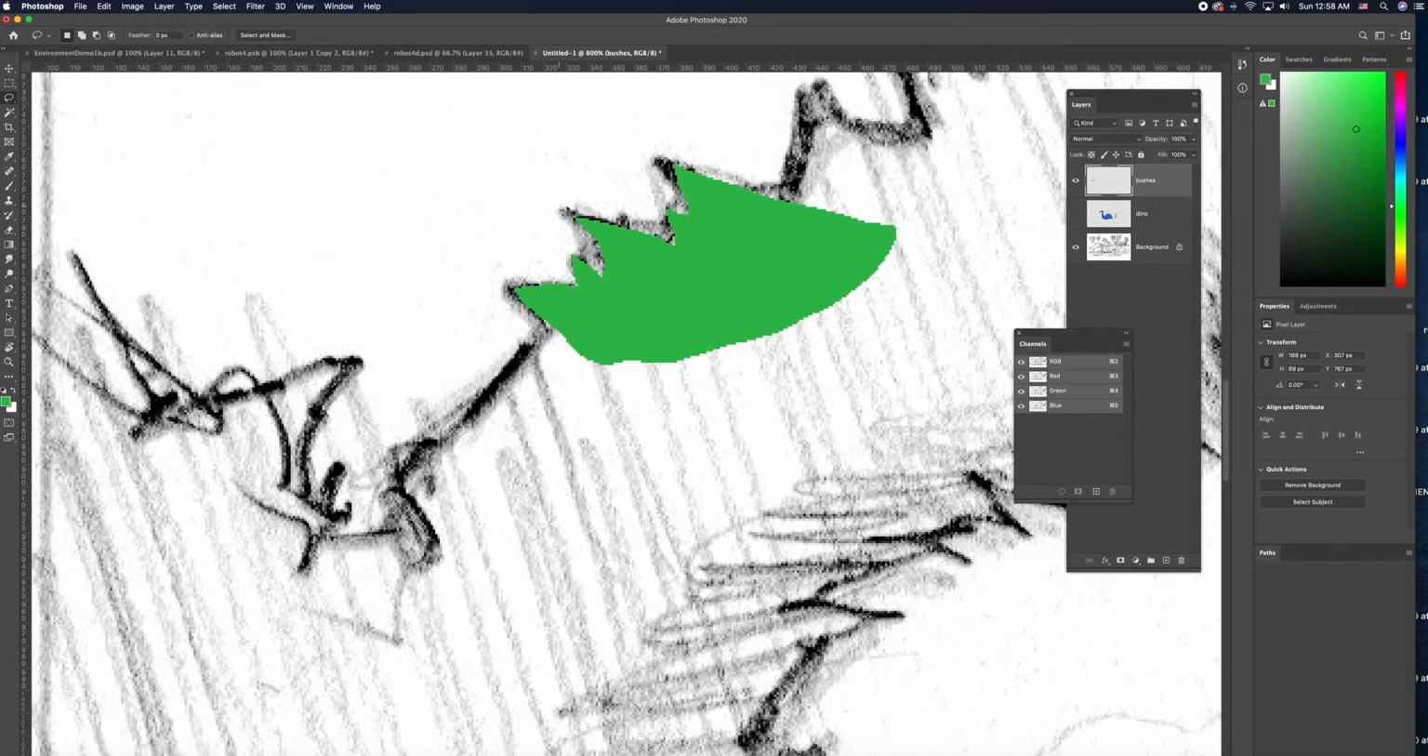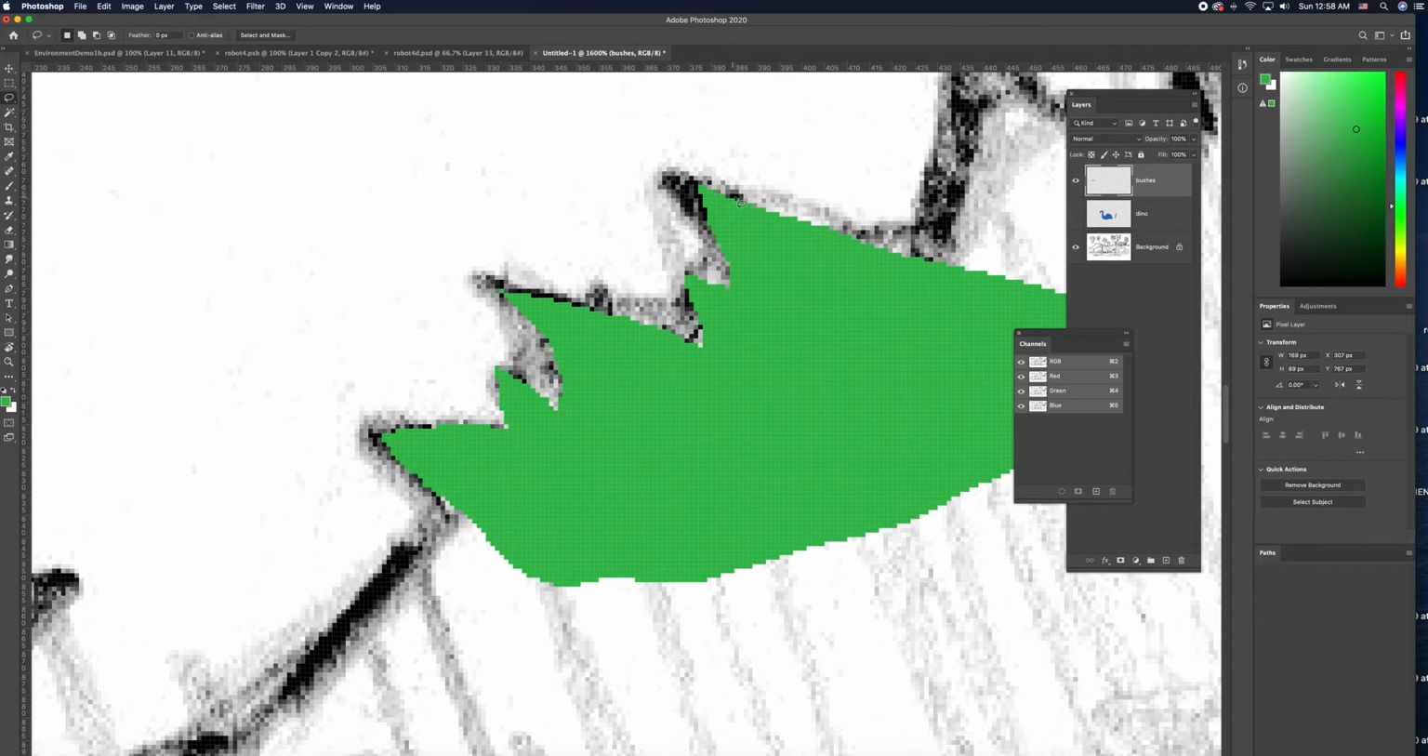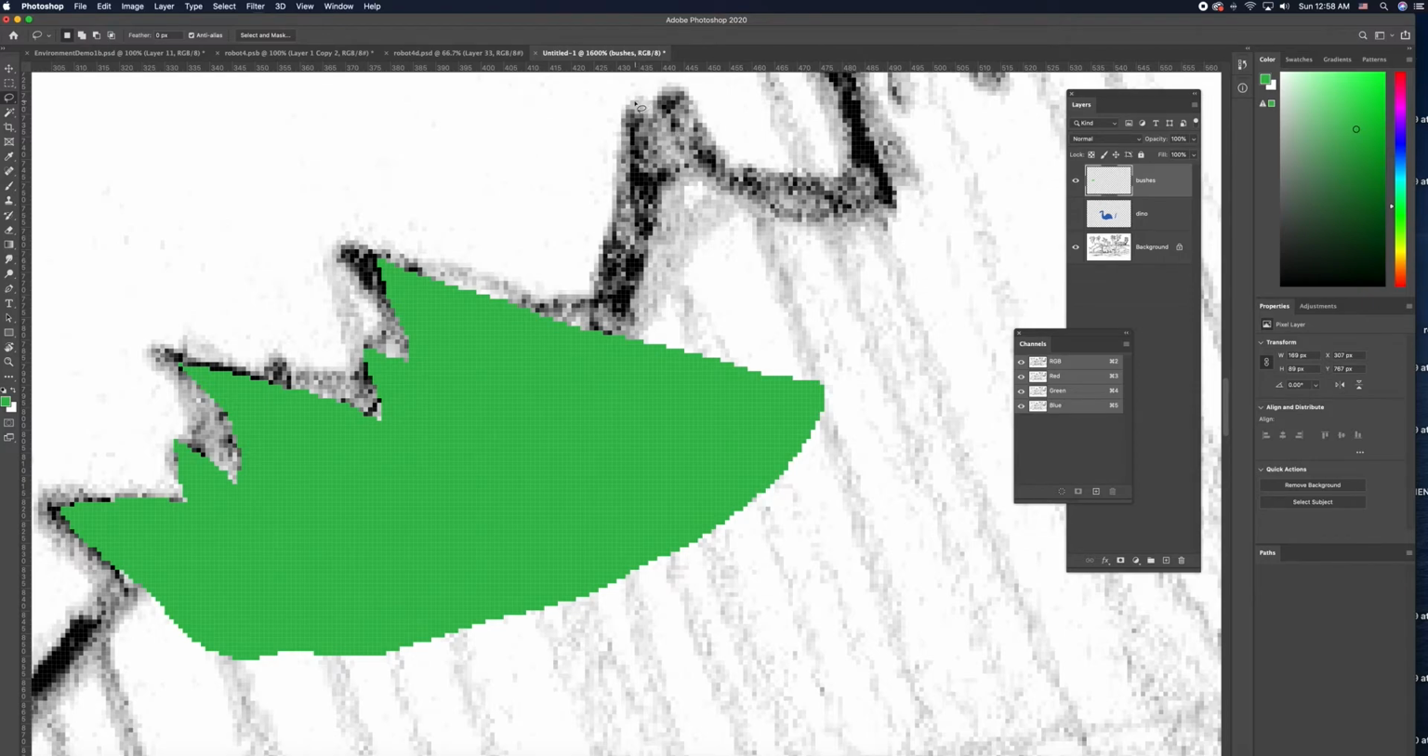And what I do want to do is, you see how this is jagged here? That's called stair stepping, and it's because of something called anti-aliasing. Let's not talk about that yet, but just know that up here at the top you could turn anti-alias off, and it's off now. If you turn it on when you make a selection, what happens is